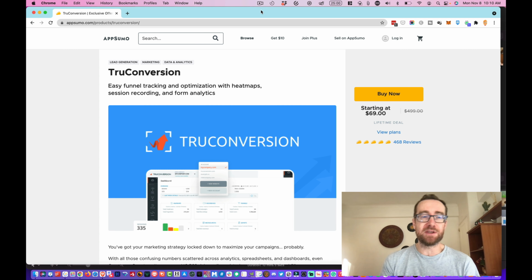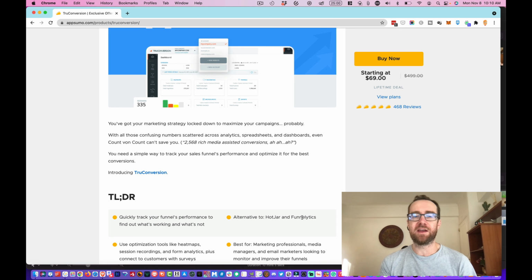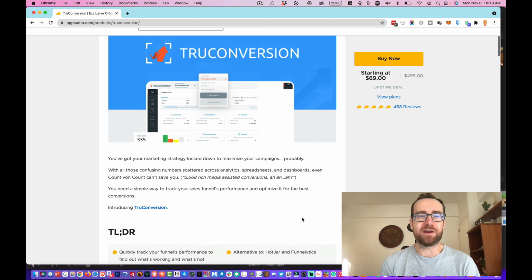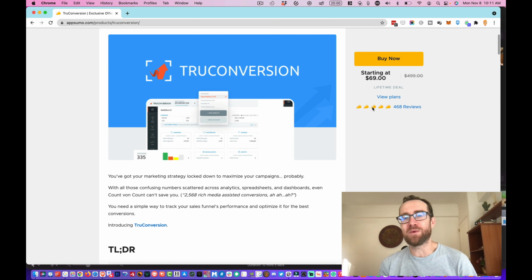So TruConversion is easy funnel tracking and optimization, and it has heat maps, session recording, form analytics, all that kind of stuff. So this is an alternative to Hotjar and Funnelytics. I own Funnelytics, so I haven't actually used TruConversion, but I can speak to what this is and how it works. So first thing I want to point out is this has 5 tacos out of 5 of 468